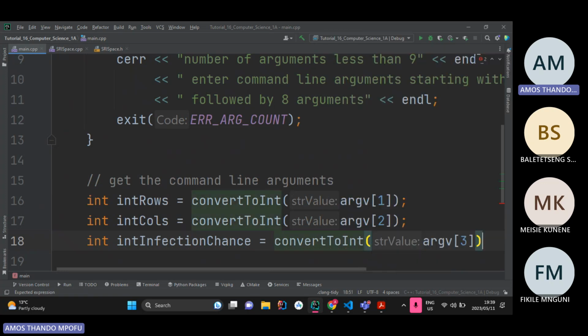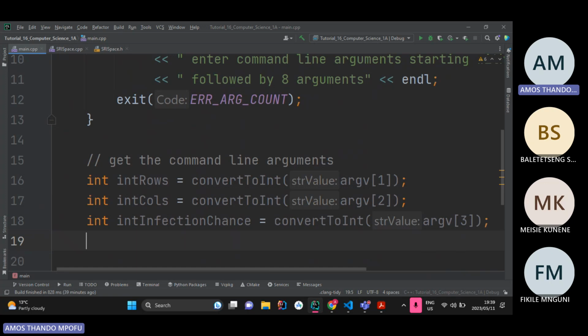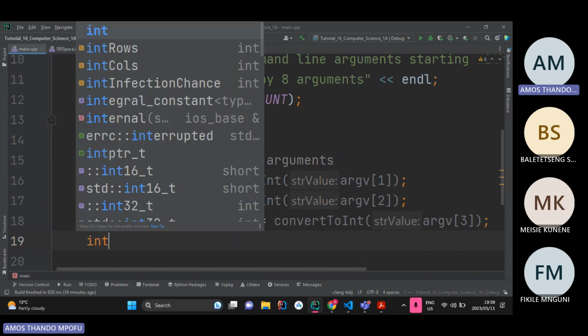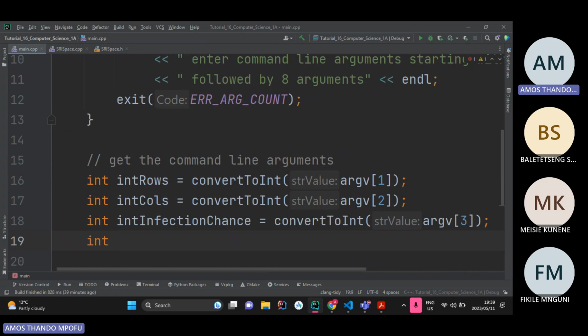Wait, I think I made a mistake somewhere. There's something missing. I didn't use the chance. I forgot about that. I didn't use the chance when I was creating the world. So we need to fix that. So int recovery